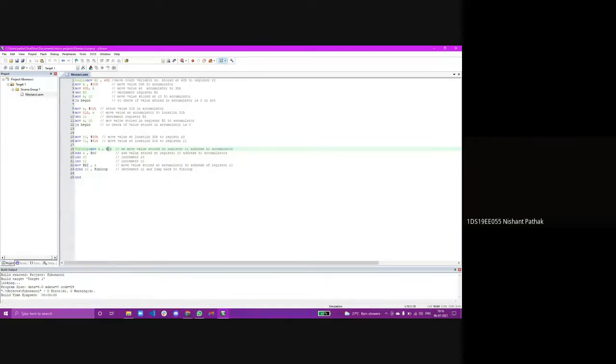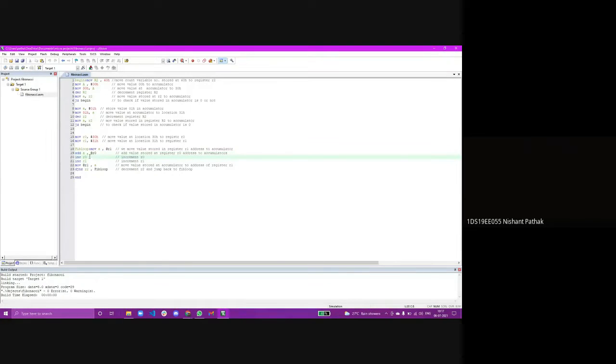Here we move @R1 into A and add A and @R0. Suppose in location 30H 0 is given, and in location 31H 1 is given, then 1 will be moved to A, and A and @R0, which is 0, will be added.